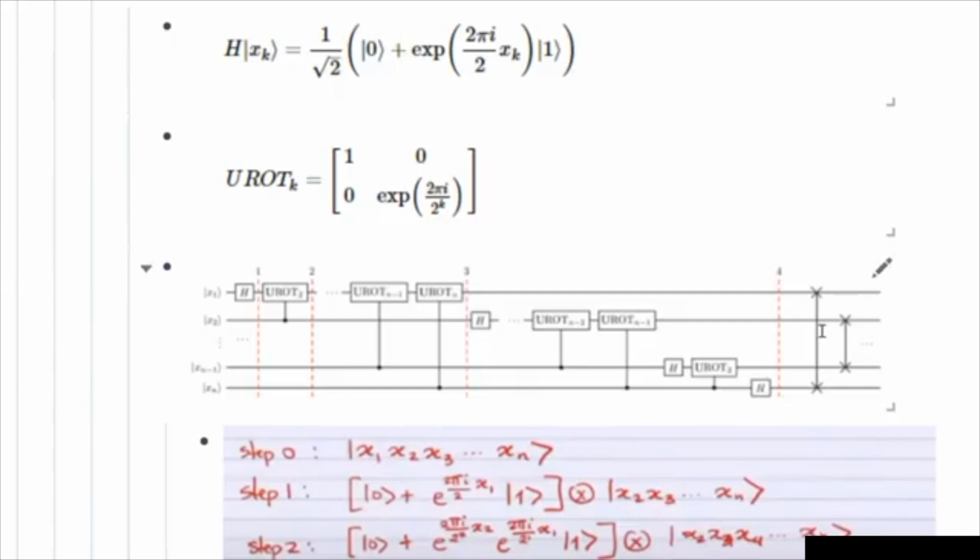So in this particular example from which I took this, they are using swap gates also, basically to swap the order of bits in the output. This is not necessary as such. In many papers you can also find it without the swap gate, because you can just reverse the order of the output in which you want to view it. It can be done classically also, just place them in a different order. That's not a big issue. But for the sake of completeness, they have represented it with swap gates here.